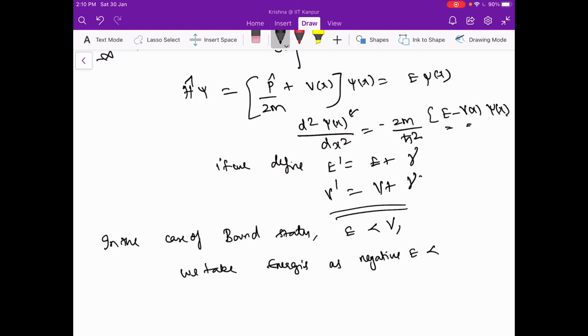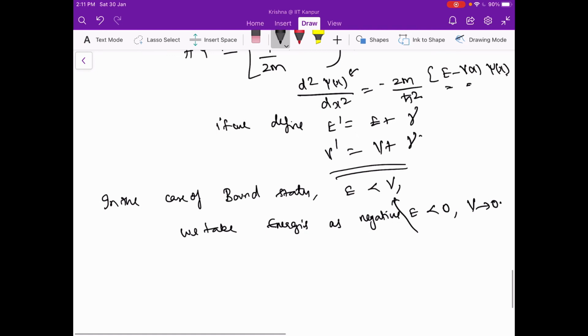E is less than 0, and we put the potential to 0, right? Under such situations, you can clearly see that it is true, and we have just offset the potential by the existing potential value, right? And in the case of the other cases